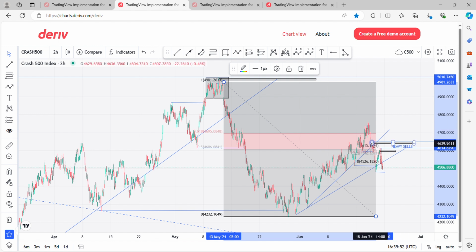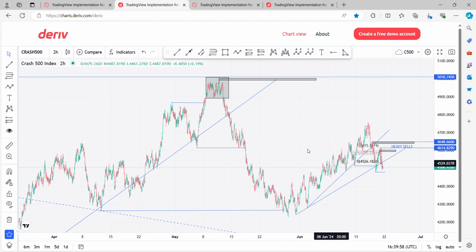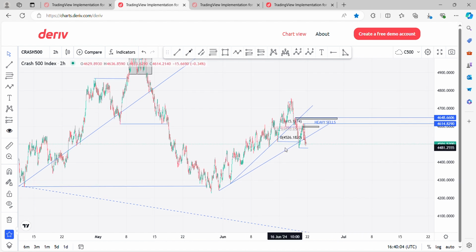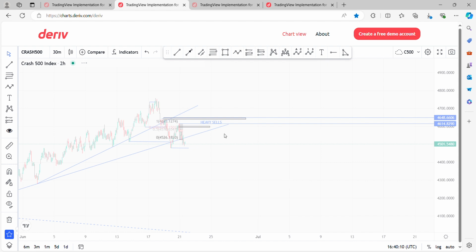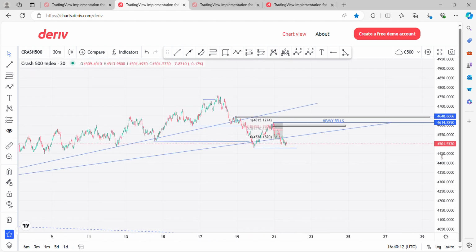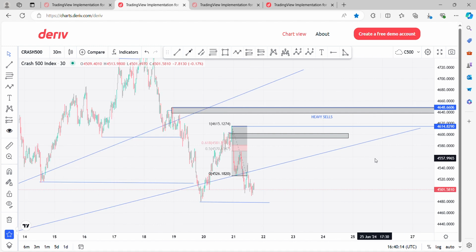So I'm still talking about the long term now. Let me delete this. Right, we have this. We already cleared this out. So what are we expecting now again? Let's now delve into the lower time frame to see what the 30-minute and 15-minute time frames are saying.